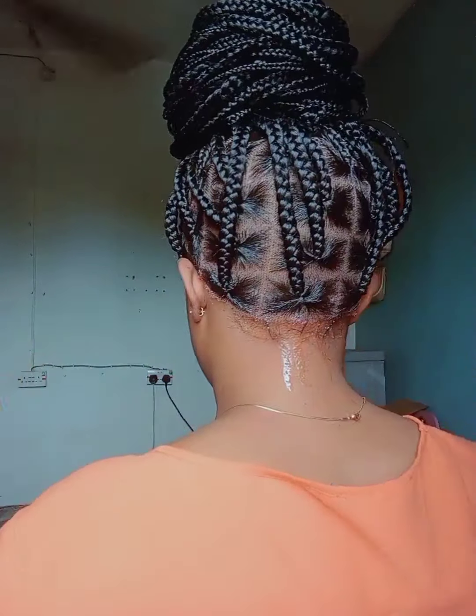Another mistake I feel I made was that the glue was not enough for the back. I'll tie it down. The honest truth was that the hair at the back lifted. One, there was not enough glue. And two, the melting spray lifted it. So I went back off camera to make the hair at the back lay well. I reapplied the glue and every other process. So when you are doing it, make sure there is enough glue at the